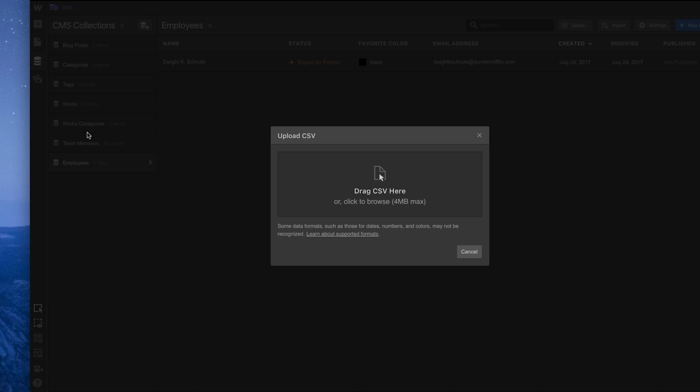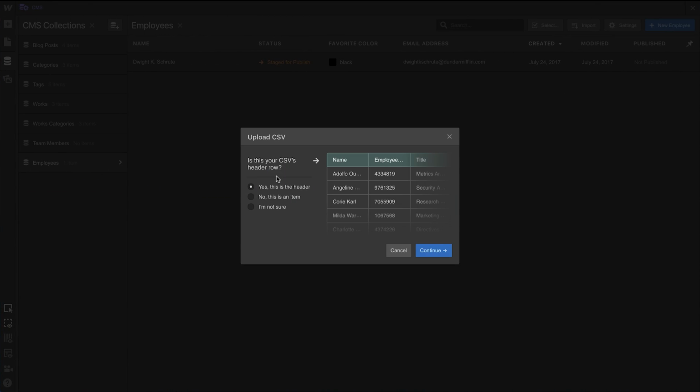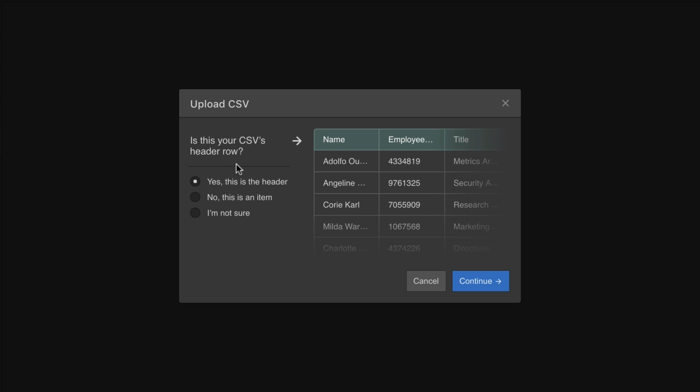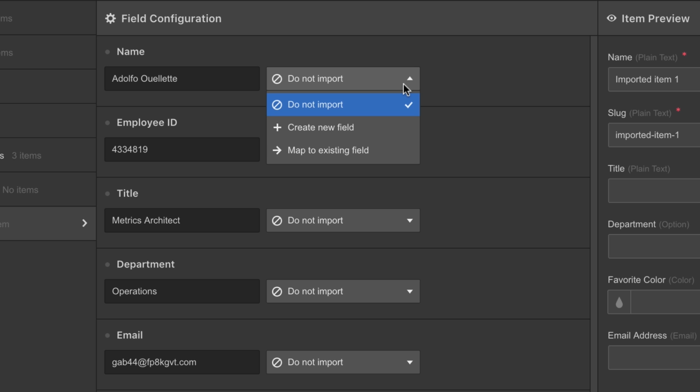But let's go in and drag the CSV right inside. We instantly get a good preview of what's happening with the content. First, we're making sure that the top row is a header. It doesn't need to be. Maybe it's an item. And once we continue, we can get even more specific regarding the following: